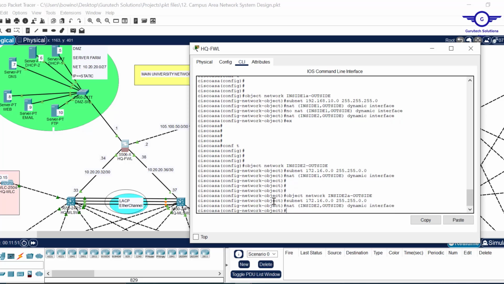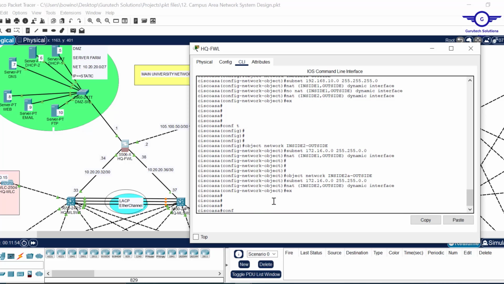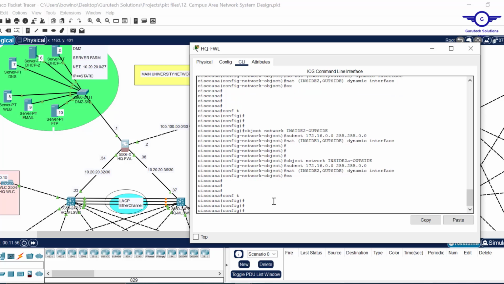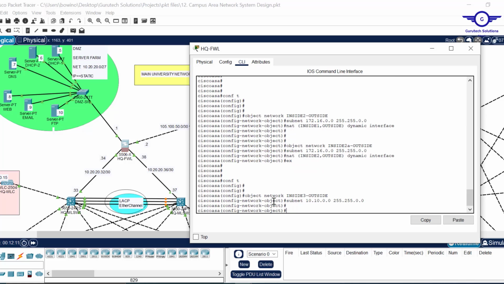Very challenging but very important. If you miss it, you miss a lot. Okay, config T. Now let's go finally to VLAN subnet. Okay, so there I'm just going to say this is now inside 3. Okay, all right. Then the subnet will be for the VLAN, which is 10.10.10.10.10, and that will be, let's start with inside 1,